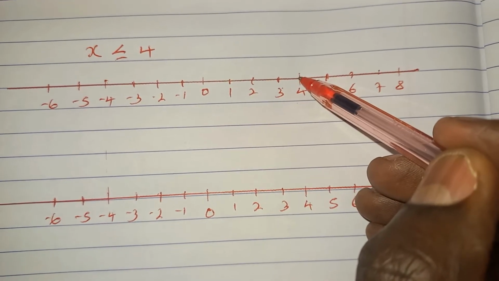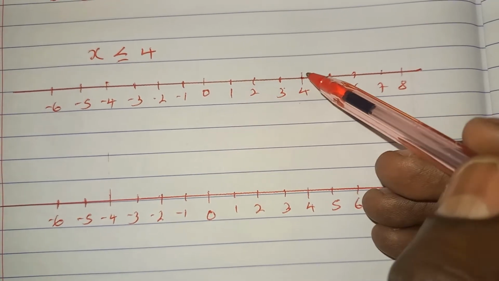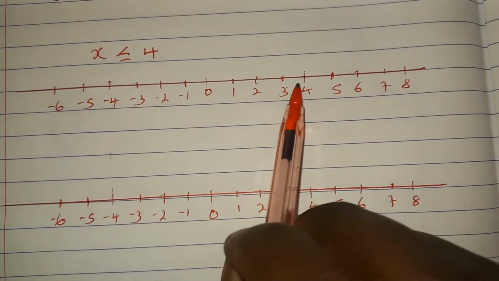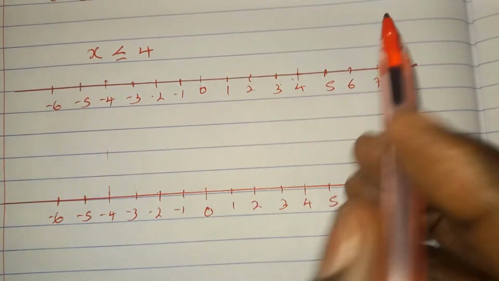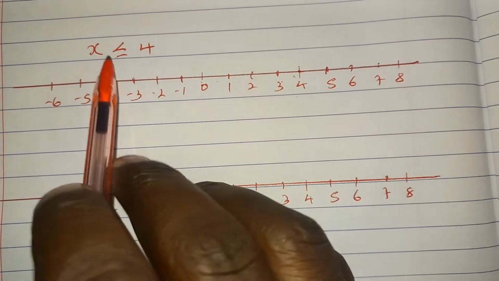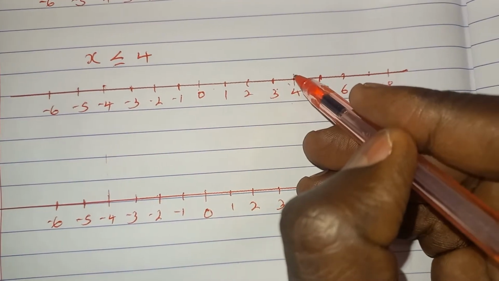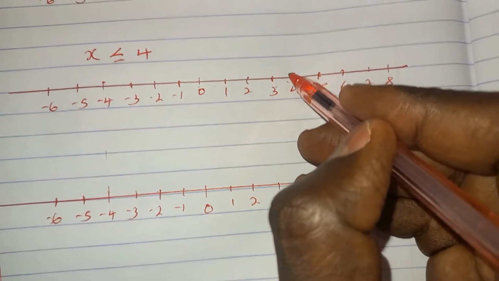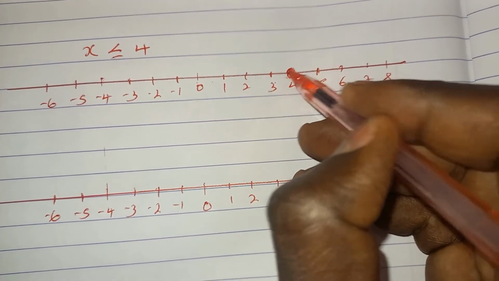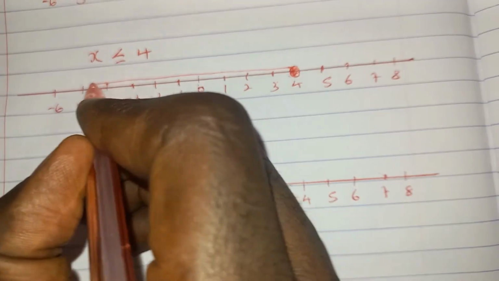Then, because X is less than or equal to 4, it means X can take the value 3, 2, 1, 0, -1, and so on. But X can also take the value 4 because of the equal sign. So to graph that on the number line, we start by drawing a closed circle. Then we shade all points to the left of